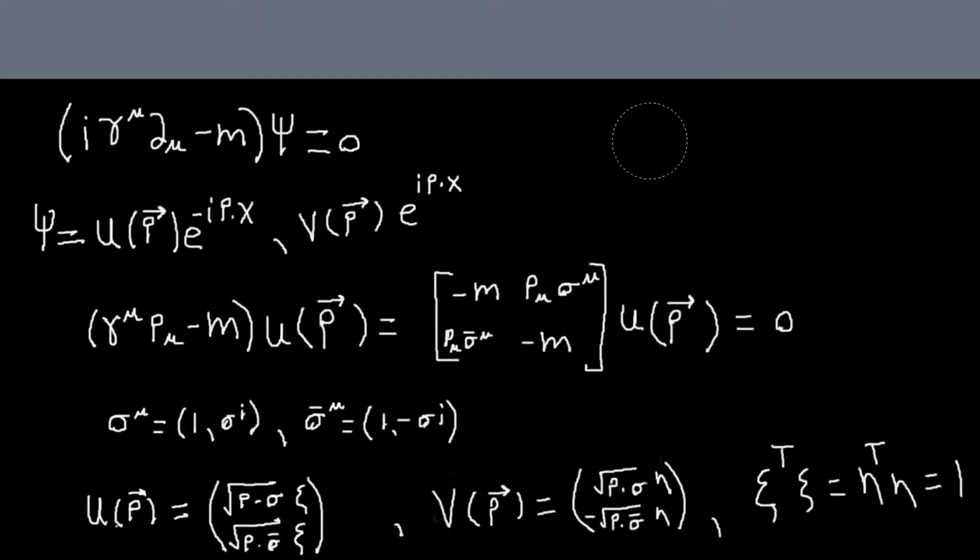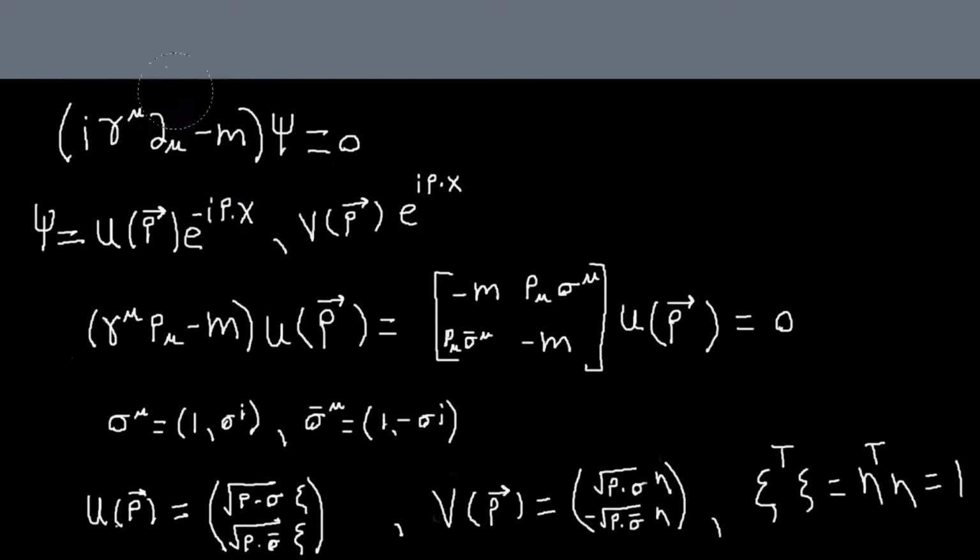Okay, so in this video we're going to look at solutions of the Dirac equation. So here's the Dirac equation. And we're going to take the easy way out and just assume a form for the solution that happens to be the correct form, which will be this spinor u that only depends on momentum times this exponential term. And then we'll have another solution that also just has the spinor v, only depends on momentum times this other exponential term. And if we plug this in, we get this thing,